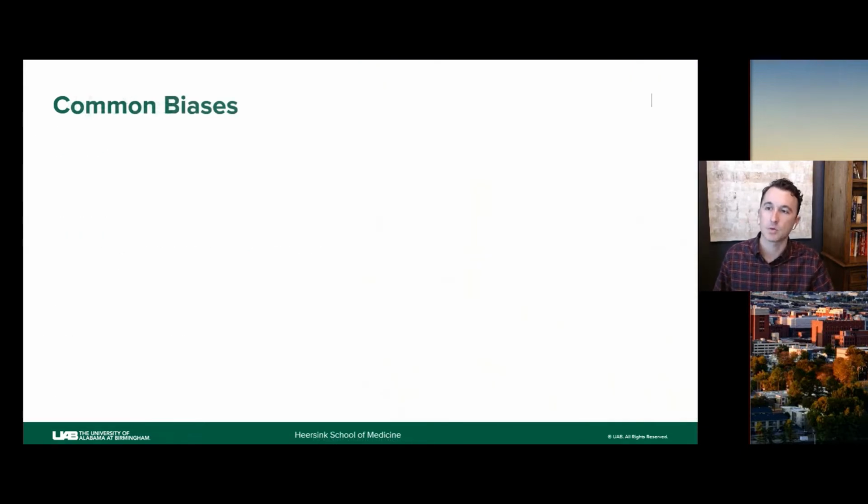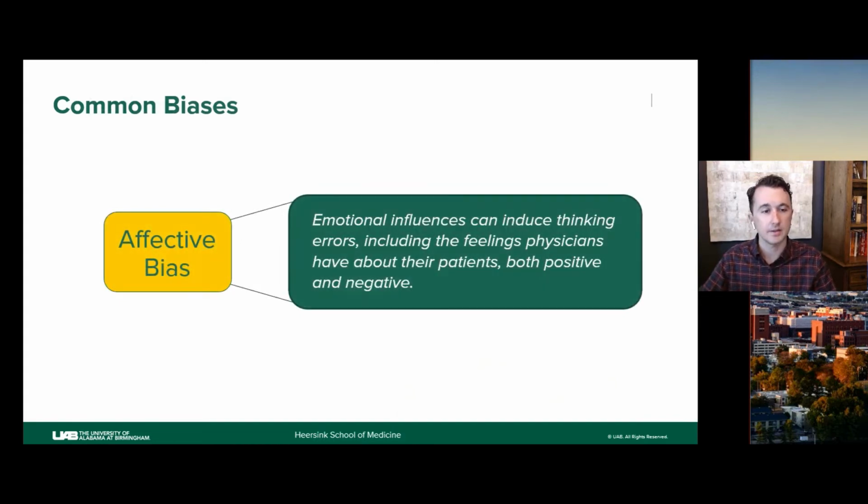Okay, so we're going to start off by reviewing the different types of biases that may influence our clinical decision making. So first up is affective bias. This, in a nutshell, just says that emotions can influence thinking, and emotions can result in thinking errors. This is pretty obvious, but it's important to note that both positive and negative emotions can have impactful outcomes in